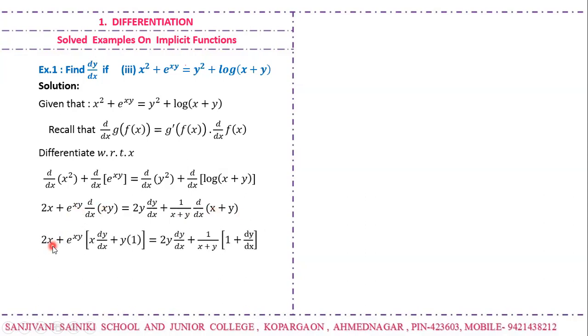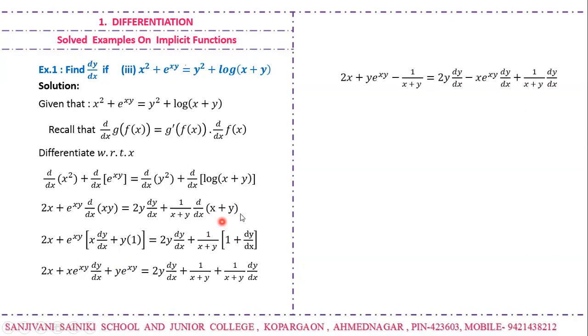So again we simplify it. To find the derivative of xy, we have to use the product rule. First function as it is, derivative of the second function plus second function as it is, derivative of the first function. So 2 times y dy by dx plus 1 upon x plus y d by dx of x plus y. So after simplifying it,